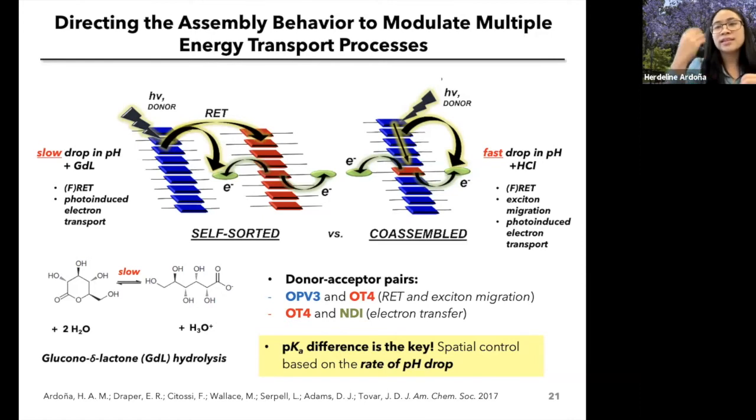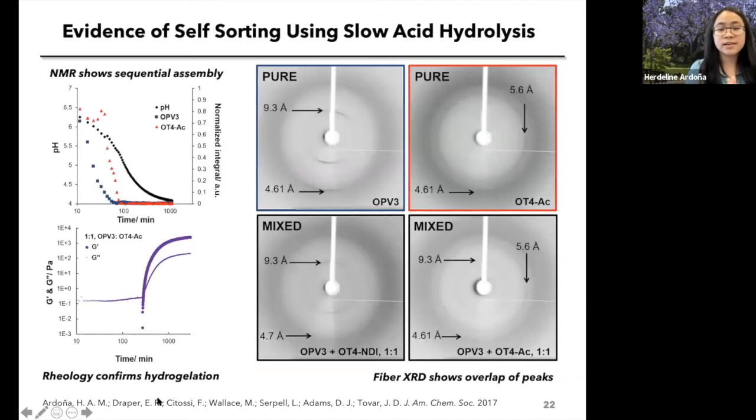But then the exciton migration, or the energy transport, is not much facilitated. So first of all, in order to answer those questions, we wanted to prove that by using GDL, a slow-hydrolyzing lactone, we can definitely achieve the self-sorted system. We did this study in collaboration with Dave Adams' group and Louis Serpel's group at University of Liverpool and